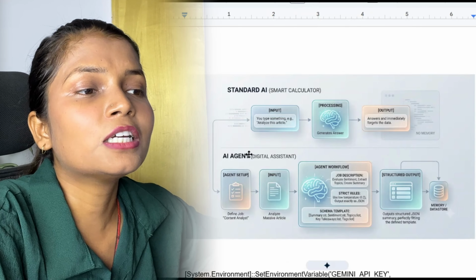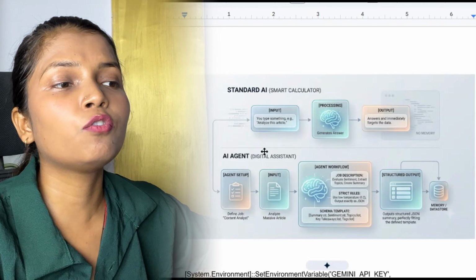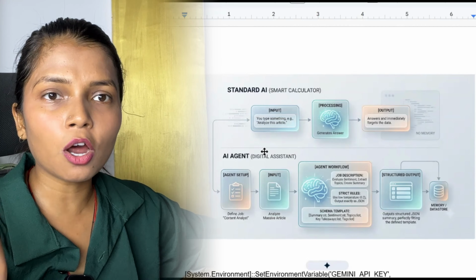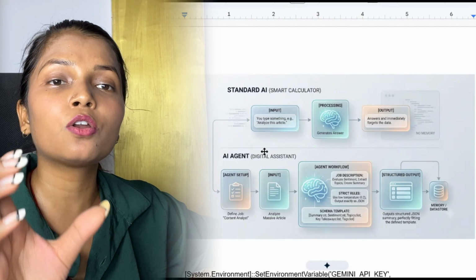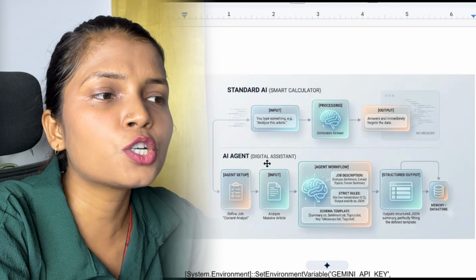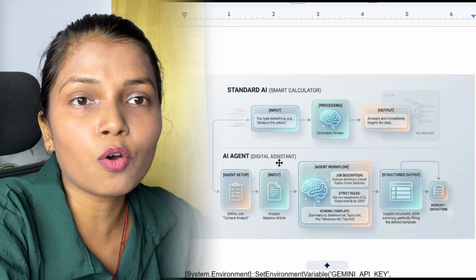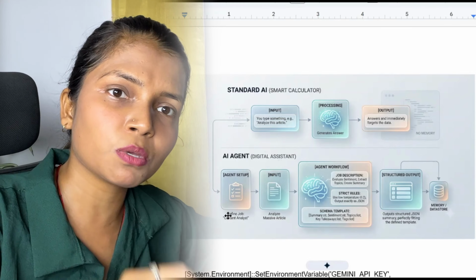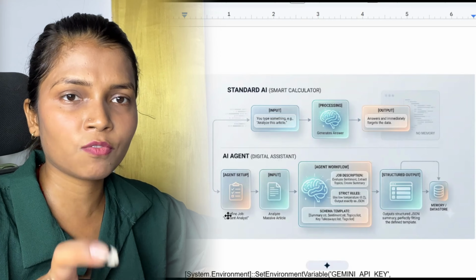Now, what is an AI agent? An AI agent is like a digital assistant. When you create an AI agent, you give it a specific task. You define a job description. You give it a particular role that, okay, this is what you are going to do for me. Now, within the AI agent, as this is an assistant, obviously an assistant has job roles. So you are going to define what exactly the job is that this particular AI is going to do for you. One specific thing. It cannot be multiple. It can be multiple, but it has to be very, very specific, right? I will tell you later how specific it has to be.